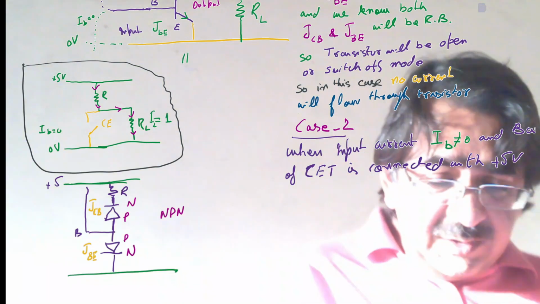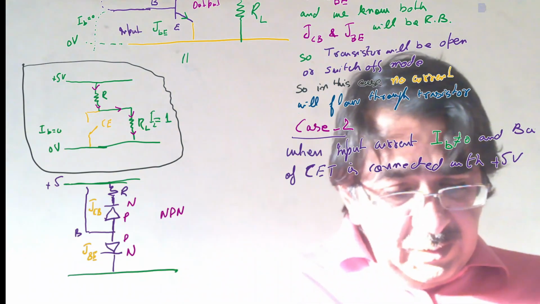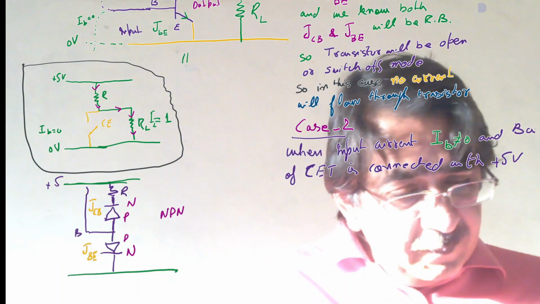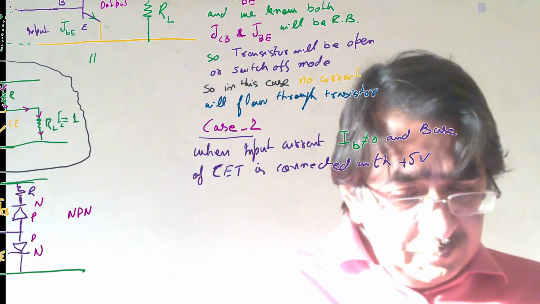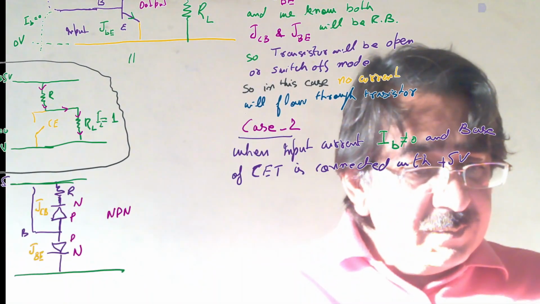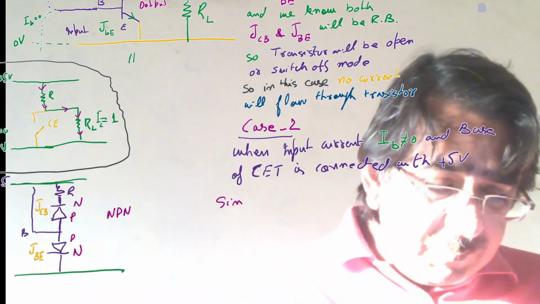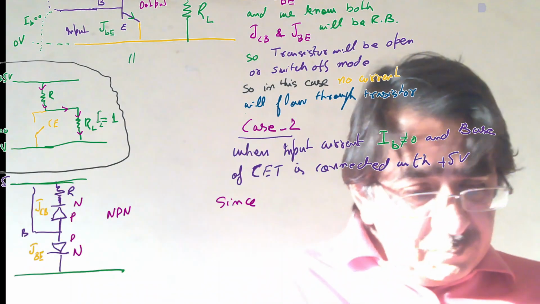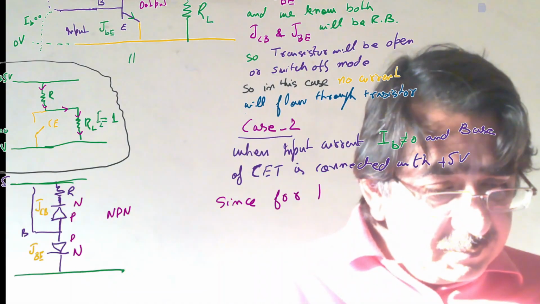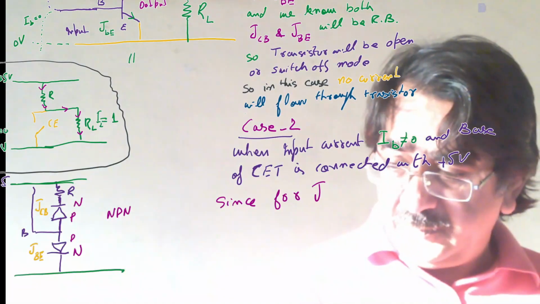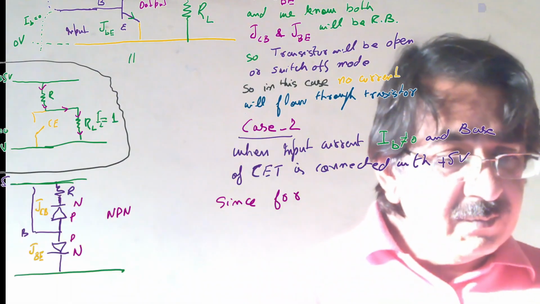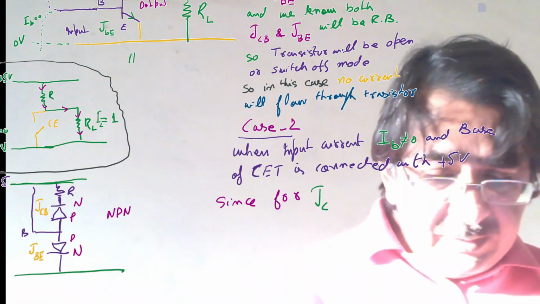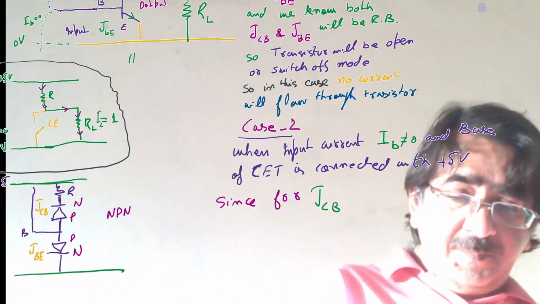So base is connected with the positive voltage. Since for JCB,